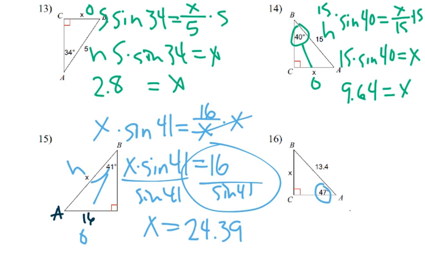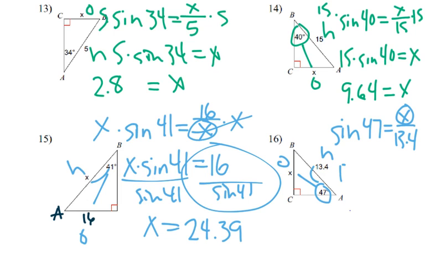So 16, got my angle, there's opposite, there's hypotenuse. So still with sine of 47 degrees equals x over 13.4. You've got to make sure that you don't always put x on the top. You put it on top if it's the opposite, but when it's the hypotenuse, you put it on the bottom. So times both sides by 13.4, so we get 13.4 sine of 47 equals x. So x equals 13.4 times the sine of 47,